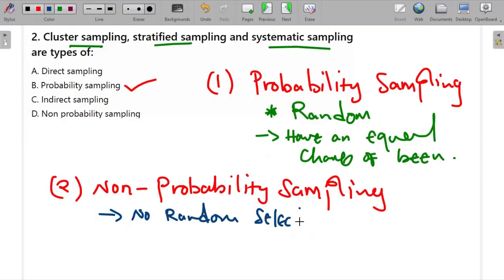Okay, there's no random selection here. The researcher chooses the participants of this sampling method based on their criteria, convenience, or just their judgment. Now, a good example of methods that belong under the non-probability sampling method is, one, what we call convenience sampling. This is selecting participants who are easier to access or who are